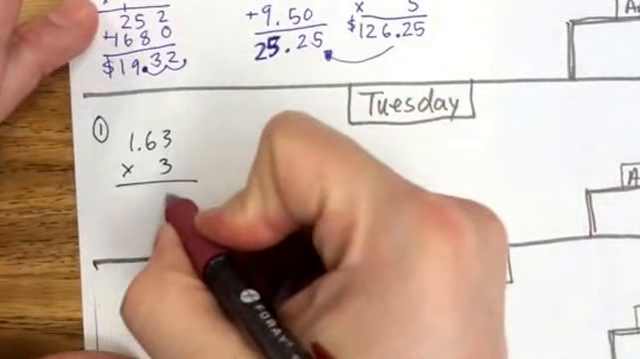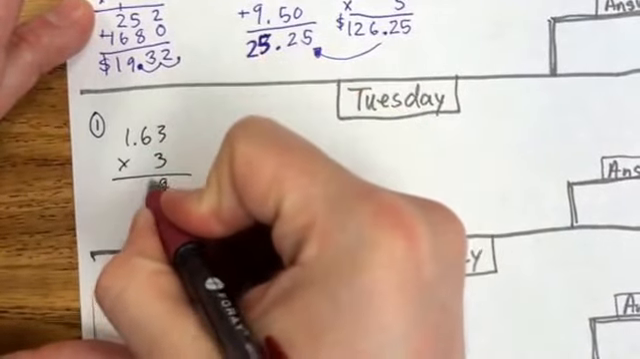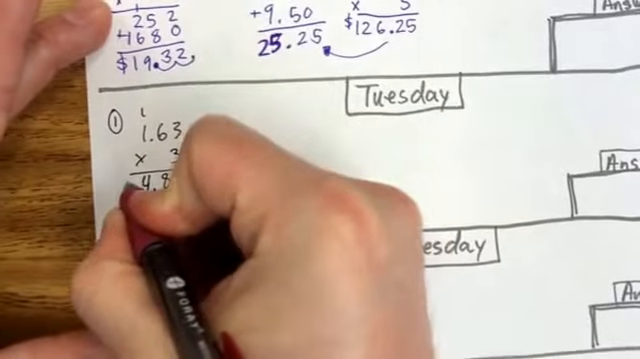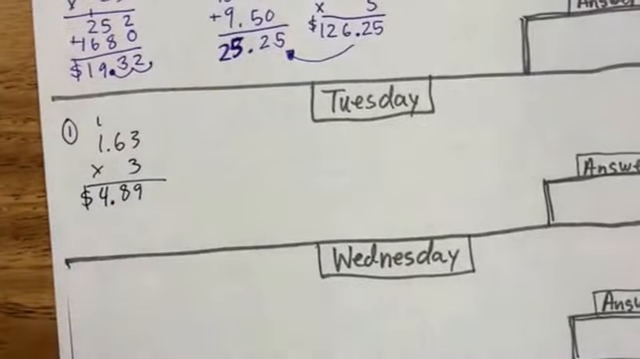And I know that 3 times 3 is 9. 3 times 6 is 18. Put my 8 down, carry my 1. 3, 4. So I get $4.89 is what he spent that week on his cappuccinos. All right. And then